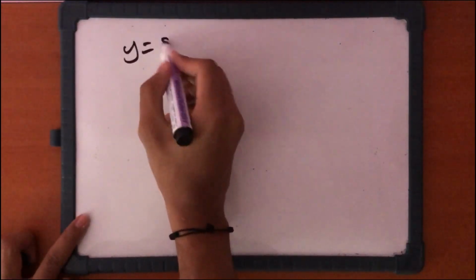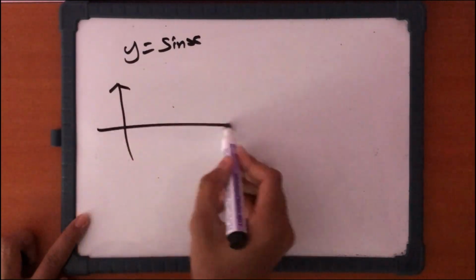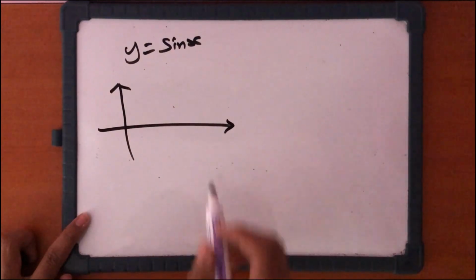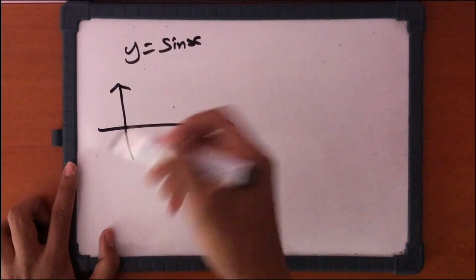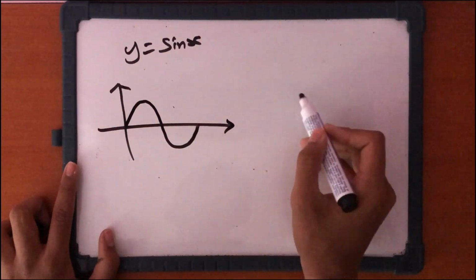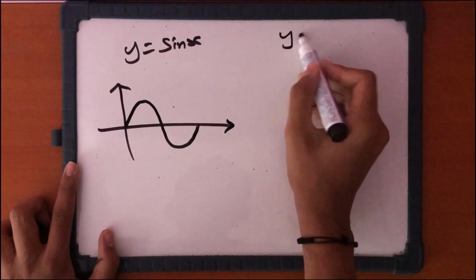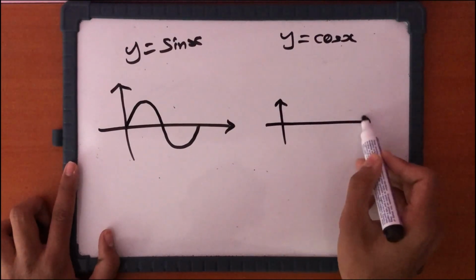y equals sine x. Don't forget, differentiating means finding the gradient function. The derivative is the function that gives you the gradient of a graph at a certain point, at a certain x value. So sine x looks like that, and y equals cosine x looks like this,